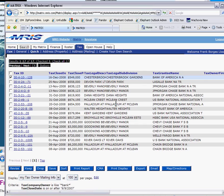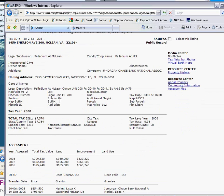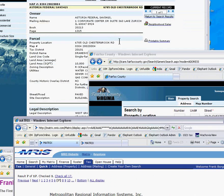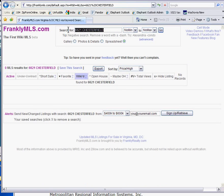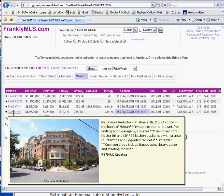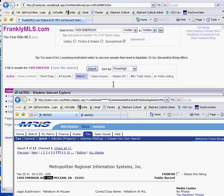Here's a property at the Palladium, which I know is on the MLS. No, see, this is another good example. Here's a property on the Palladium, in McLean, and we'll do a search for, too many windows open. Do a search for Palladium or just the street address, and here's one bank-owned property for $639, which is under contract, but this bank-owned property, 208, I don't see it here. So then I'd go to the regular